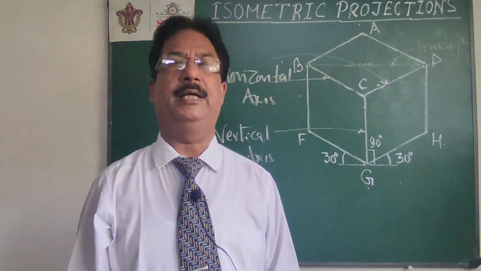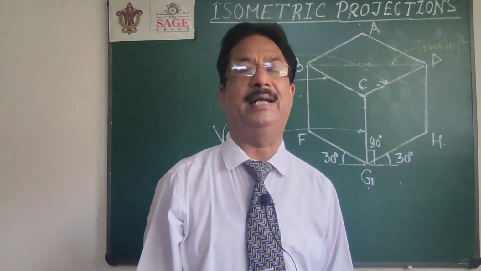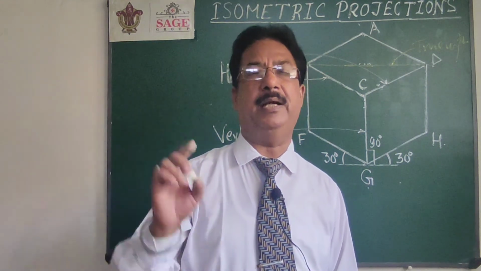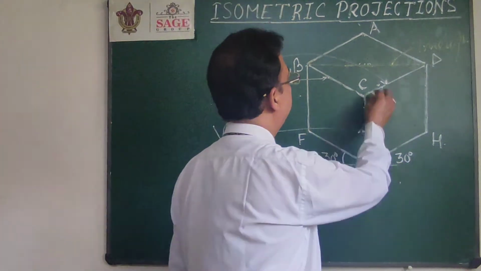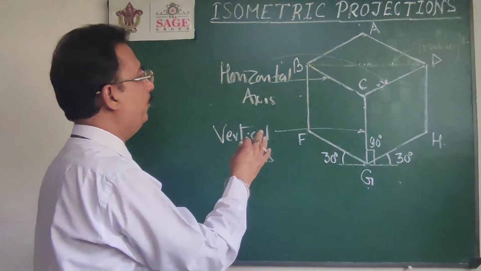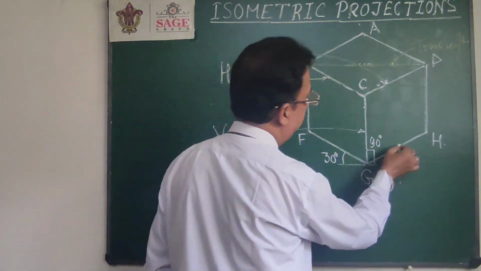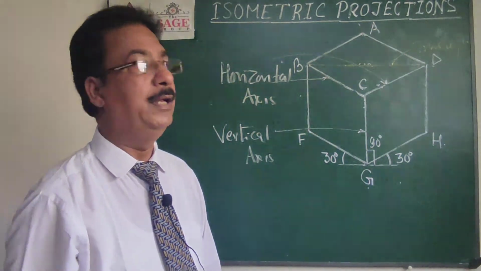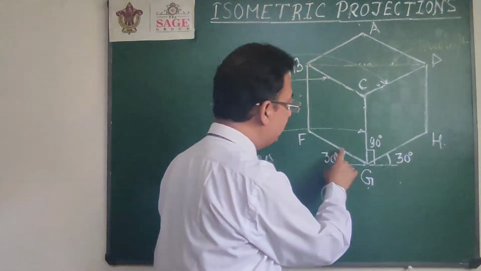As normally in coordinate geometry, when we talk about 3D, we say x axis, y axis and z axis. In that case, x and y will be 90 degrees to each other and z will be at some different angle. But in our isometric projection, our three axes will be 120, 120, 120 degrees apart. Or if you look from the horizontal, then the two axes will be 30 degrees to the horizontal and the third will be 90, the same as the vertical axis. But these two axes are horizontal.